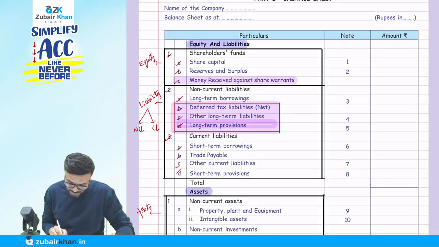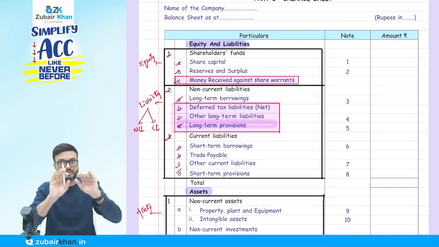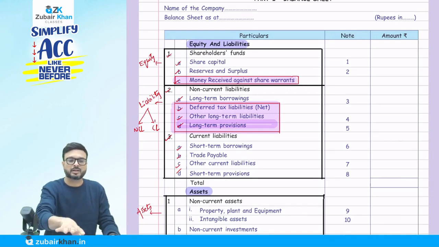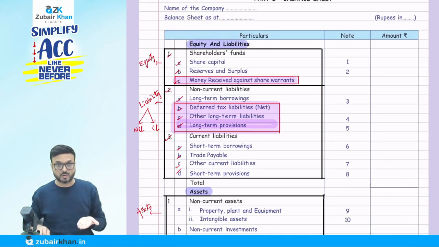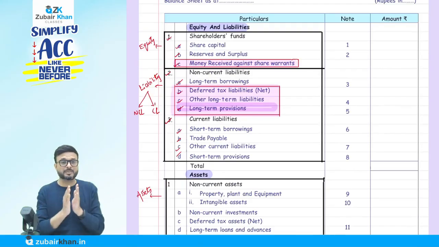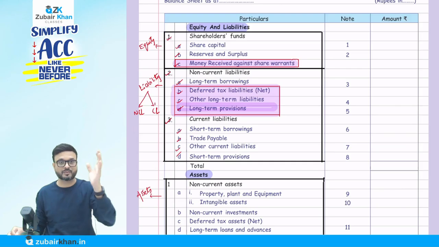This you don't have to write down when you prepare the balance sheet. Even when I prepare the balance sheet and solve the question, I will not write down these highlighted points. Okay, it is given in Schedule 3, but if you draw the balance sheet with each and every item, every asset and liability, it will come. But the way I present the balance sheet, you have to copy exactly,